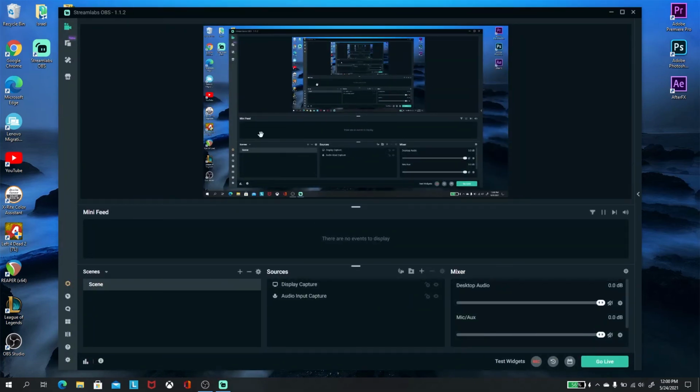So as you can see guys, ganun lang po kadali ayusin yung black screen ng display capture sa